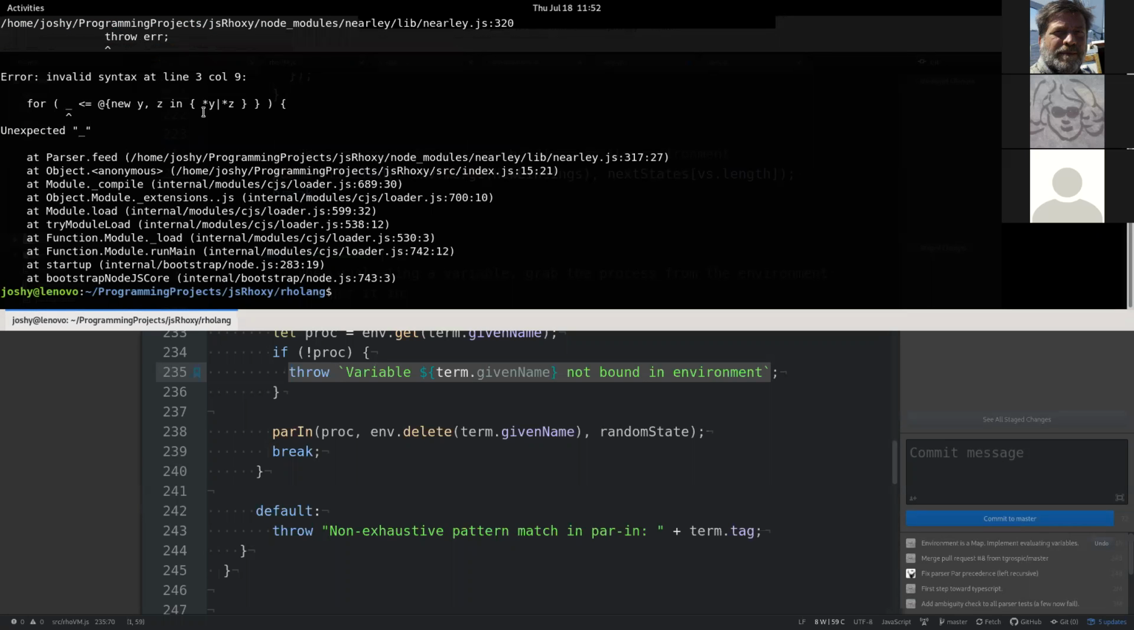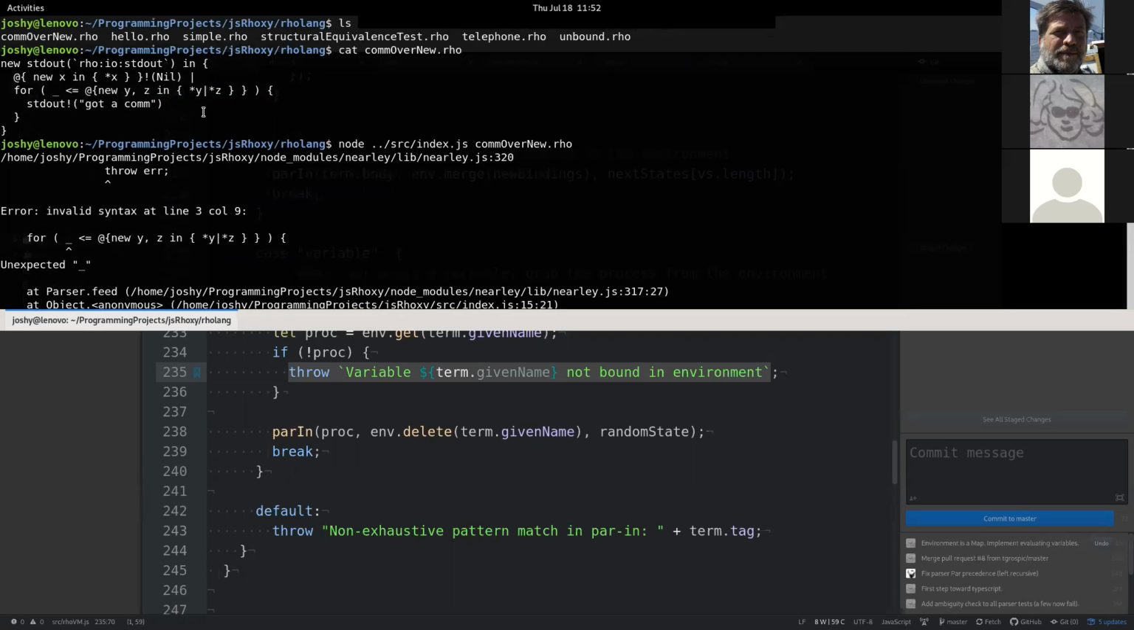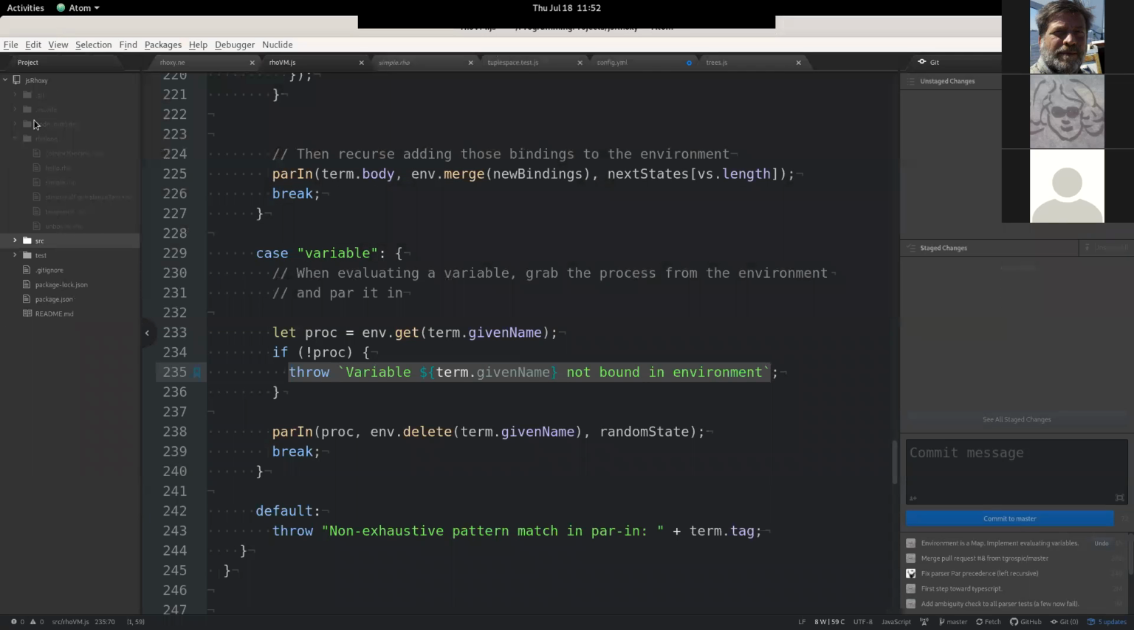Oh yeah, it didn't parse it correctly. Okay, so it didn't parse the underscore. So the underscore is supposed to be a pattern. I'm not going to debug this right now, but just to give a sense of how the code